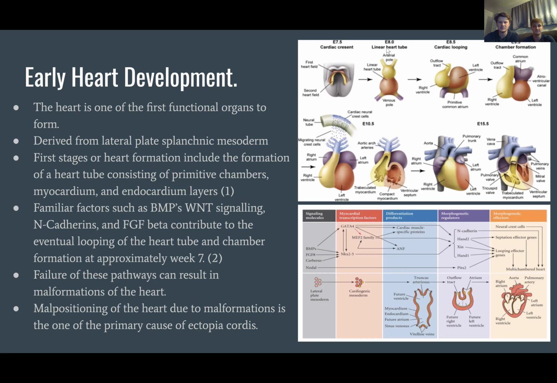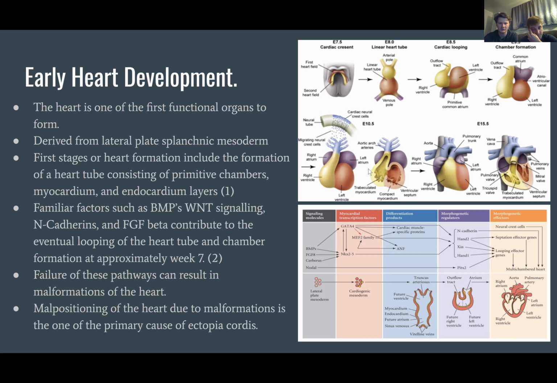Once at this stage, the basic structures of primitive ventricles, primitive atrium, and primitive epicardium are formed. At this point, all that's left to be done is to use those signaling pathways to loop the heart in a process called cardiac looping, which ultimately leads to the segmentation and formation of these different chambers